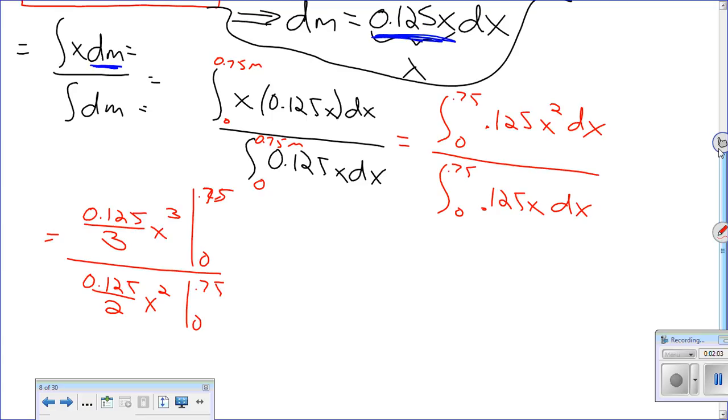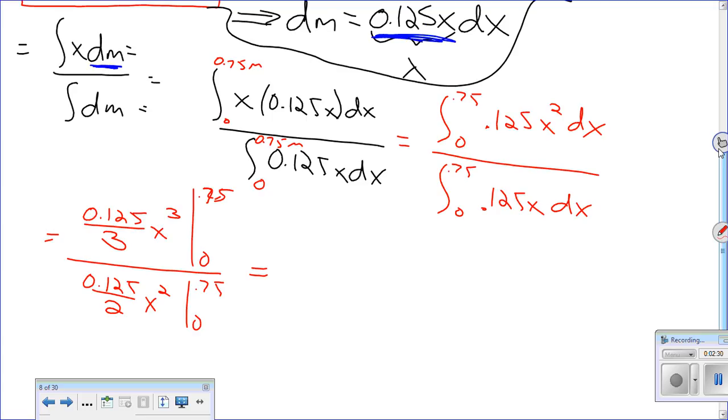Now, there are some tricks you can do here because I've got the same bounds. So you can actually simplify this. X's cancel, the 0.125's cancel. So I'm going to take a quick shortcut here. You are welcome to go through and do it. You know, put in 0.75, put in 0, subtract. Put in 0.75, put in 0, subtract, and then divide. And that will work. But because you've got the same bounds, and there's no addition or subtraction or anything here,